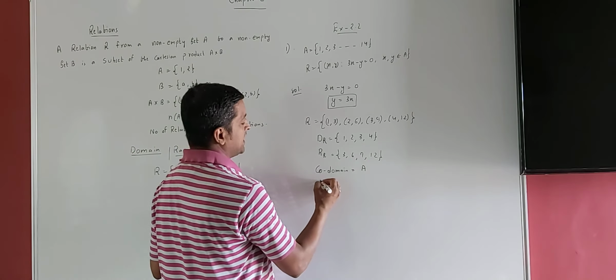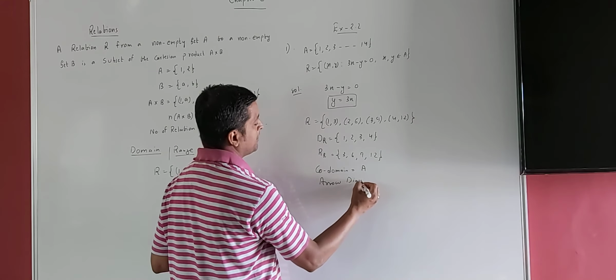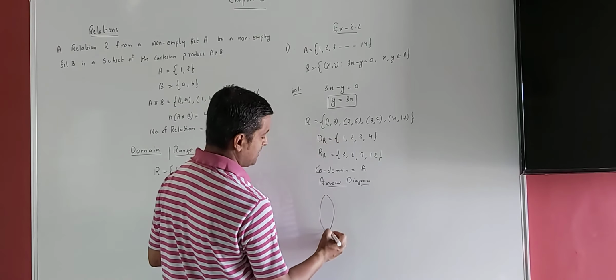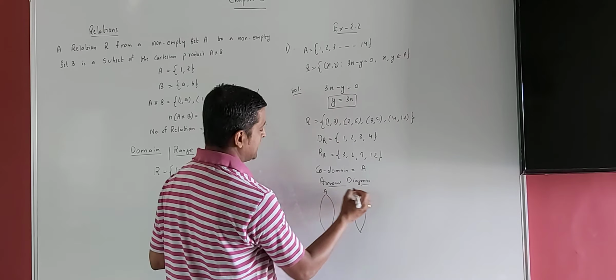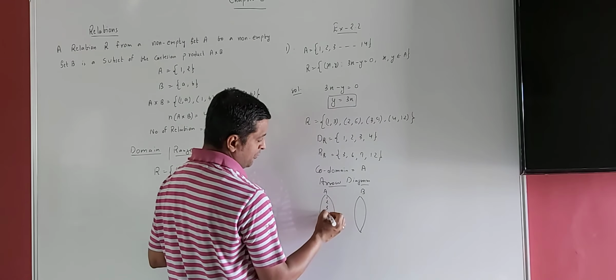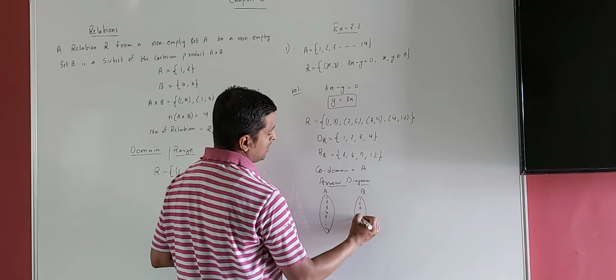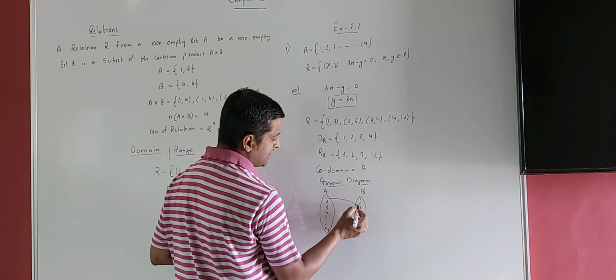Now in some questions they can ask you about an arrow diagram also. Now what is this arrow diagram? It's very easy. See here. You have to make one set A and here set B. Both will come from this set only. So in this set 1, 2, 3, 4, 5, 6 up to 14. In this also 1, 2, 3, 4 up to 14. So when we have taken x equal to 1, y equals 3. So 1 will relate with 3.